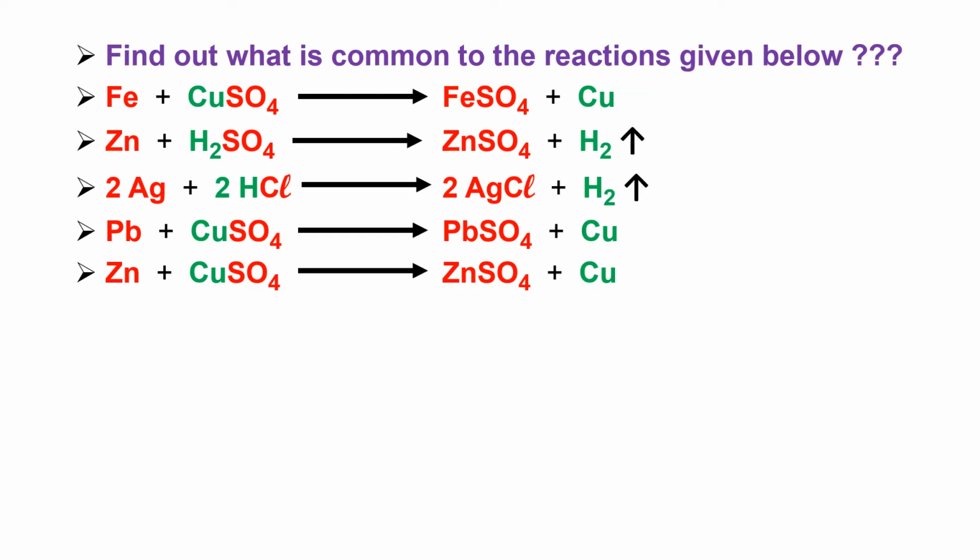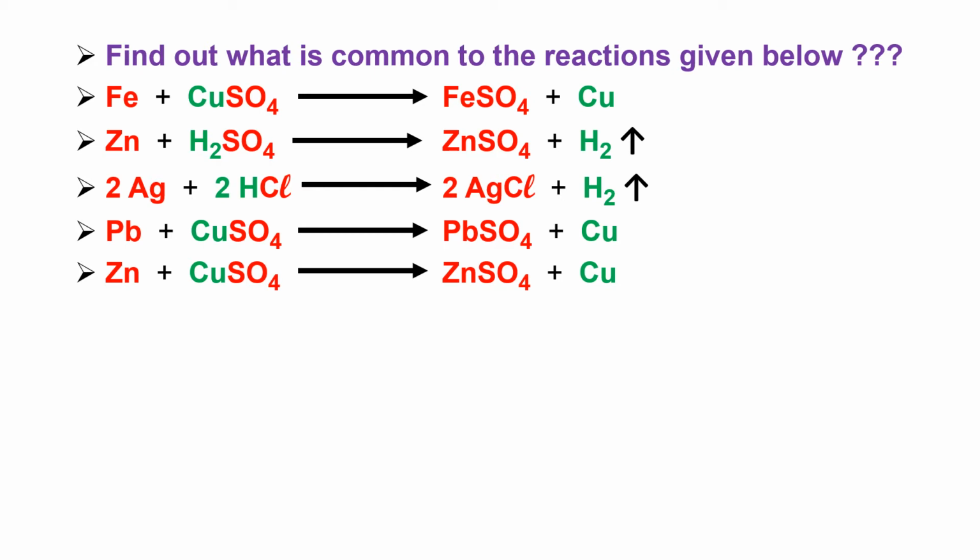going into the place of H2? Zinc, as you can see, and you get zinc sulfate, ZnSO4. Then the third reaction, silver is taking the place of 2H, that is, displacing 2H. In the fourth reaction, Pb, that is lead, is taking the place of copper, Cu, and forming lead sulfate, PbSO4. Fifth reaction, zinc, Zn, is taking the place of copper and forming zinc sulfate,